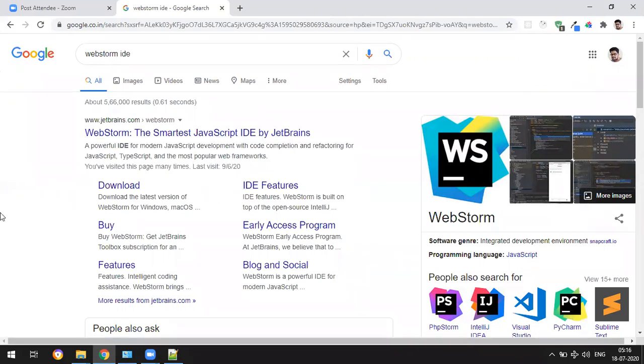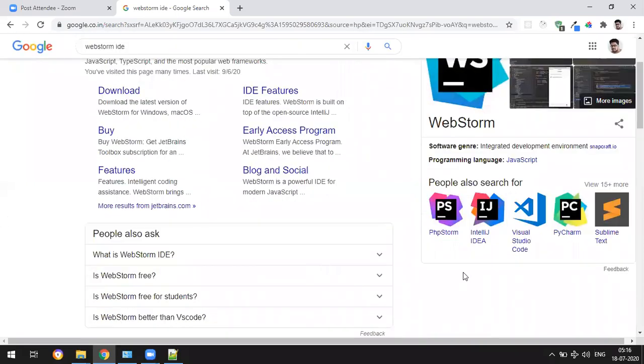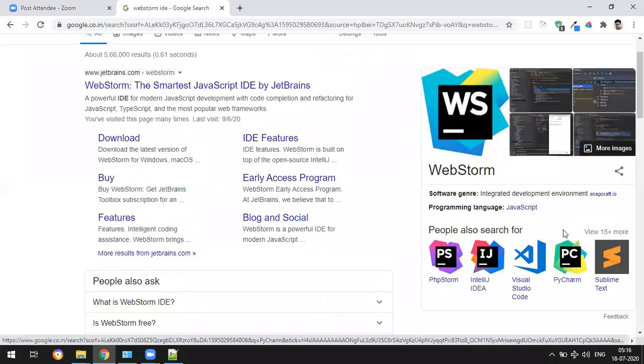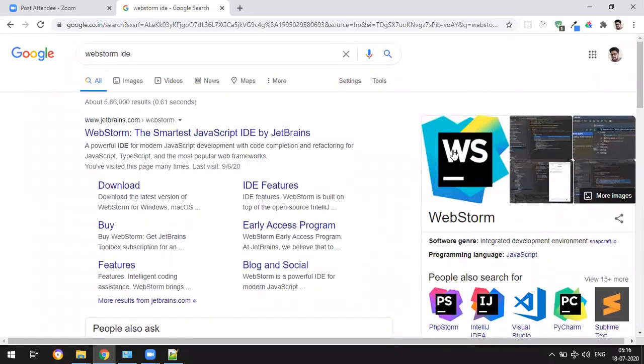JetBrains has a huge collection of IDEs like IntelliJ IDEA, which is used for Java, and this one for PHP, and PyCharm, which is used for Python development. This one is mostly used for UI development. You can just open jetbrains.com/webstorm.